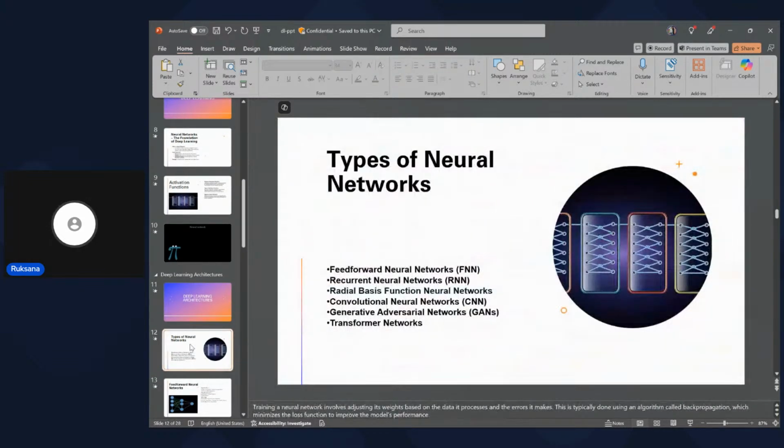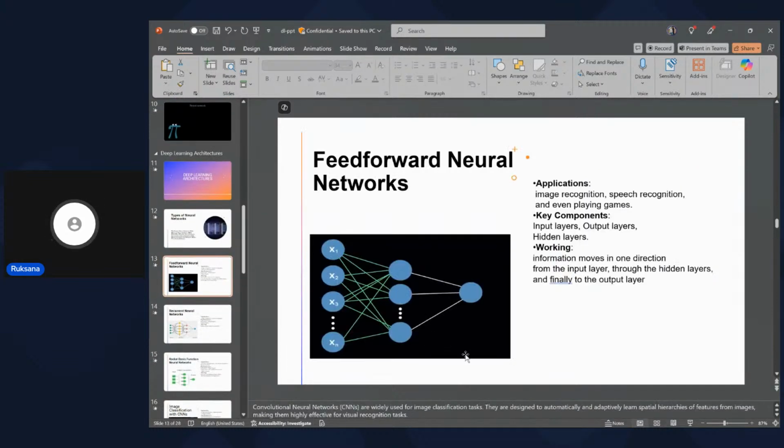There are a few different types of neural networks. One is the feed forward neural network, and I'll talk about all of them, how they have been used, and where we can implement all this. Each of them will perform in a different manner. These are the different architectures of deep learning. Let me talk about the first one, which is